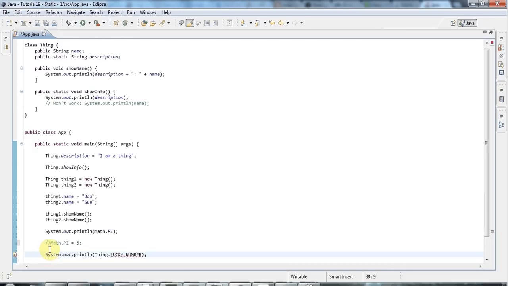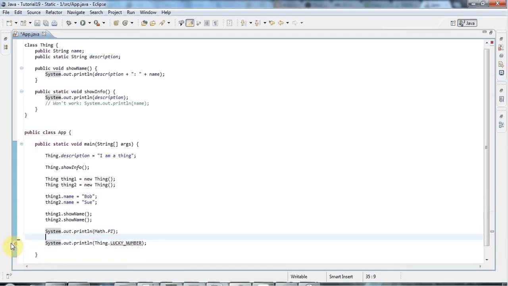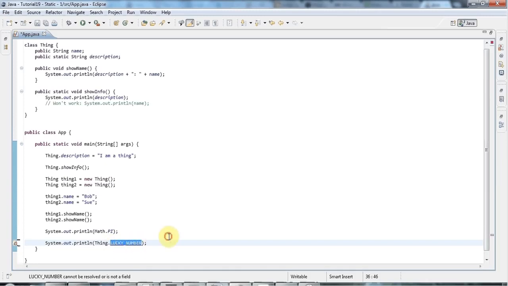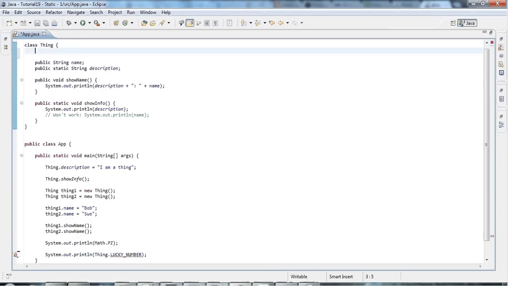And constant values, kind of by tradition or convention in Java, are represented by uppercase letters, and that's why I've written this in uppercase, and just to make it more readable, I've put an underscore in the middle there. And to implement that, it's going to be a public variable, public because it's accessed outside the class, and we're going to look at public, protected and private in future tutorials. And I'm going to make it of type int, although it could be anything you like, and I'm going to call it LUCKY_NUMBER,